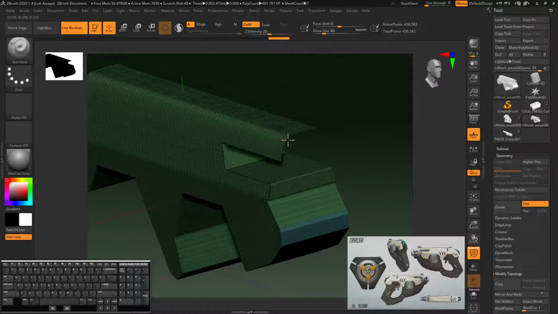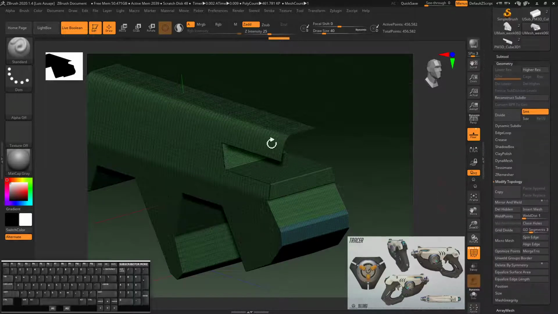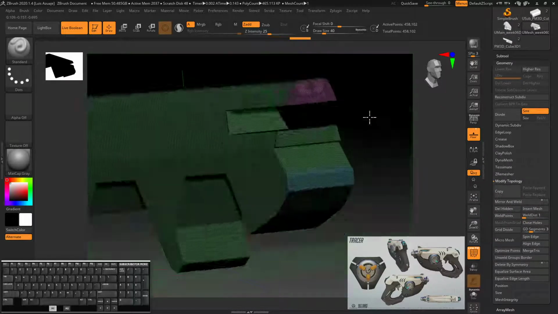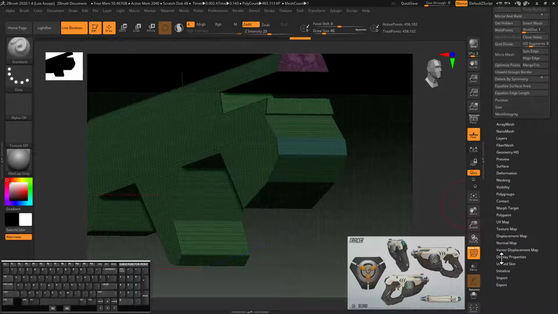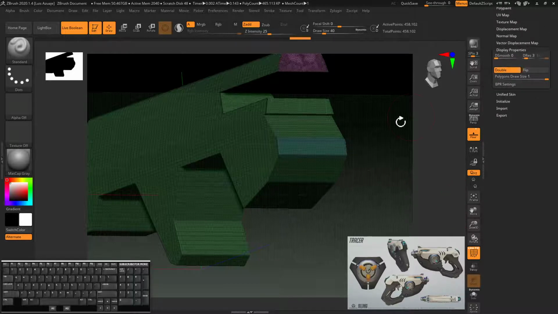I'm working on this subtool. You can go back to the original, append this one into the subtools, and then continue working, and keep the other one for later, or make a copy and say this is pretty Boolean or whatever. So delete hidden, I already did that, and then close holes. And for posterity, I'm gonna full display double,